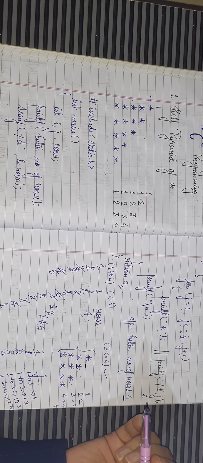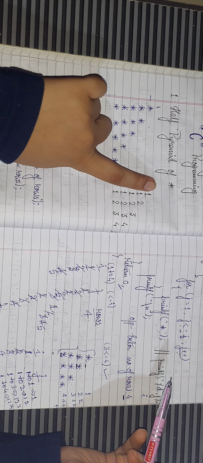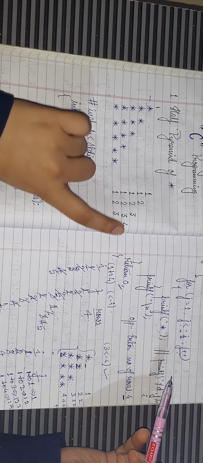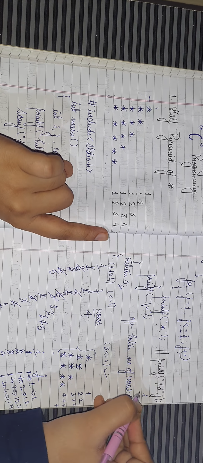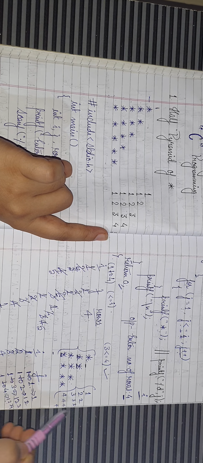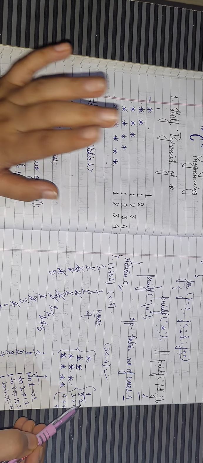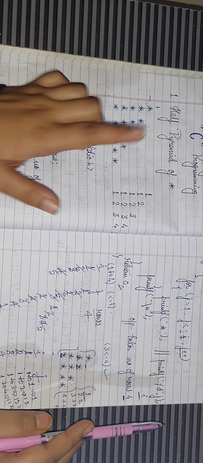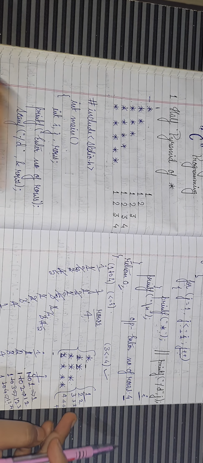So once check with all of these. If you are printing the star, it will be printed like this. If you are printing the j, then it will be printed like this, meaning every row has different values, like 1, 1 2, 1 2 3, 1 2 3 4, 1 2 3 4 5. And if you print i instead of j, you will get a pattern like 1, 2 2, 3 3 3, 4 4 4 4, meaning in a particular row you will get only one type of value, either 1, 2, 3 or 4, if you had printed i. If you had printed j, then in every row you will get different values, like 1 2 3, 1 2 3 4 5, like this, okay.